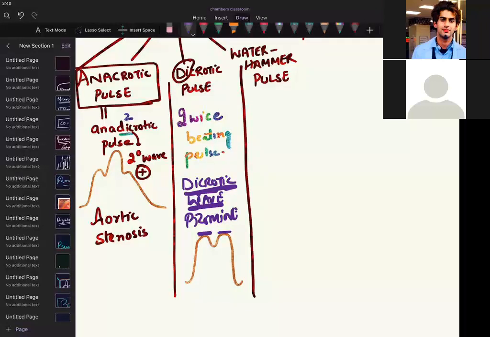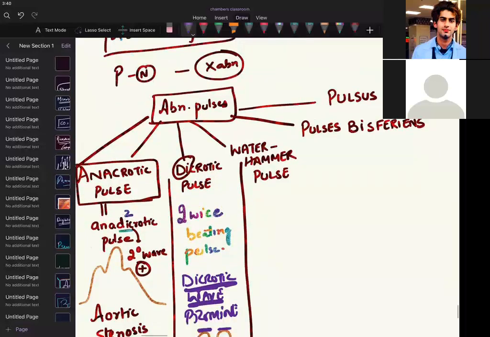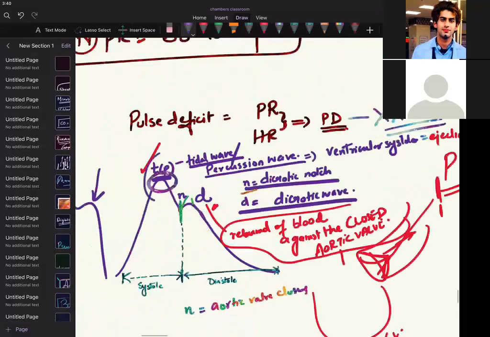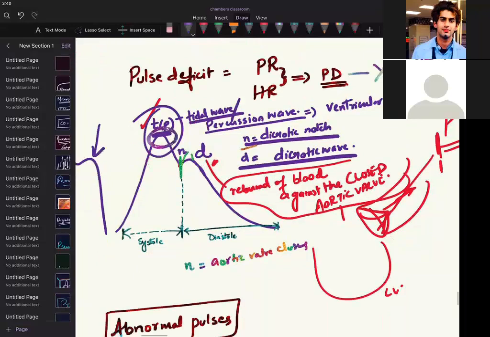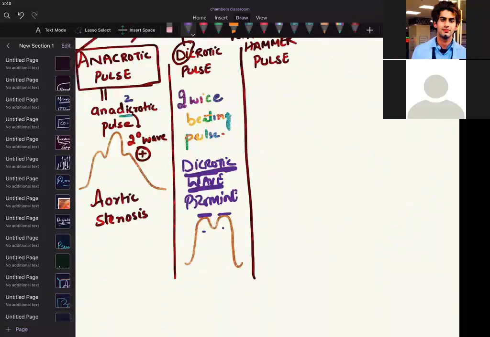Can we say it is telling us a false two beats? Who was giving you the beats? T, N or D? Who was giving you a nice true beat? Beautiful answer, sir. Because this is the ventricular systole. So that means, will this give you a false beat? Will this give you a feeling of two beats?